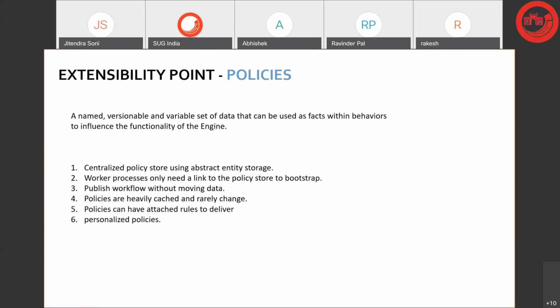it's in a JSON format where we can define all the input parameters, and these parameters go in the database when we do the bootstrap, and at runtime we can change the inputs. So it's a centralized policy store using the abstract entity storage. Worker processes only need a link to the policy store to bootstrap and publish workflow without moving the data. Policies are heavily cached and rarely change. So if you want to change any policy, we have to do the bootstrap,